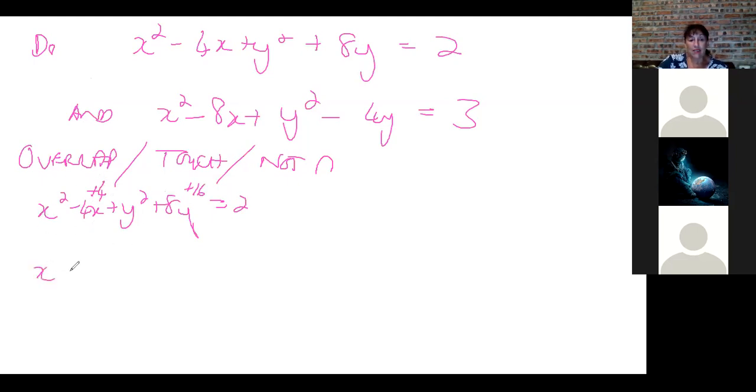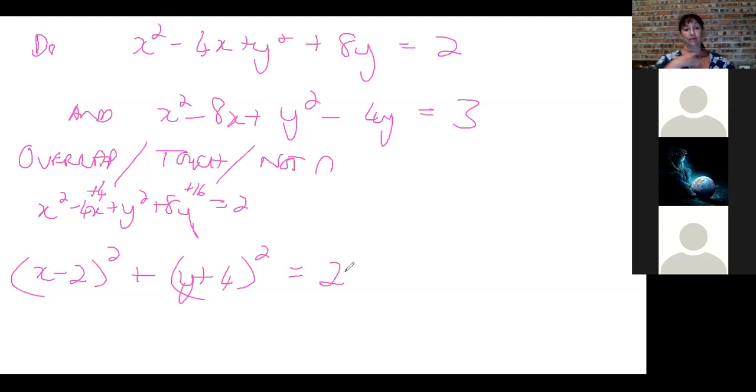These will give you (x minus 2) squared plus (y plus 4) squared equals 2. All right, so remember that's why you complete the square, to make a perfect square. Square the first, square the last, twice the product in the middle. Okay, and what do we have from here? We have the center (2, minus 4), and a radius of root